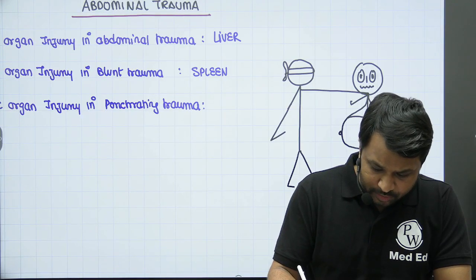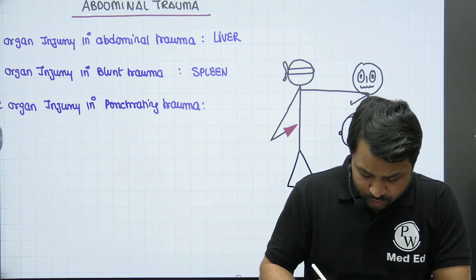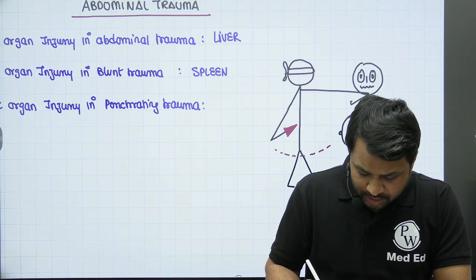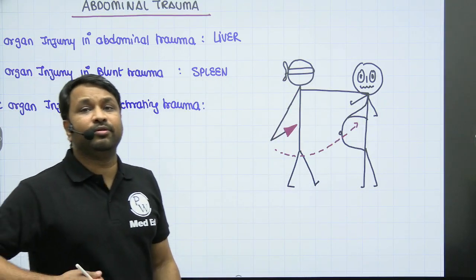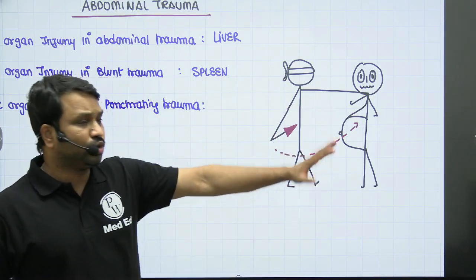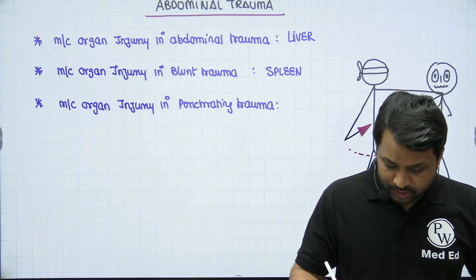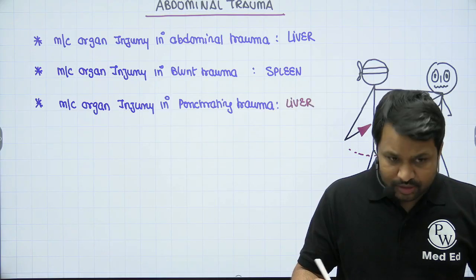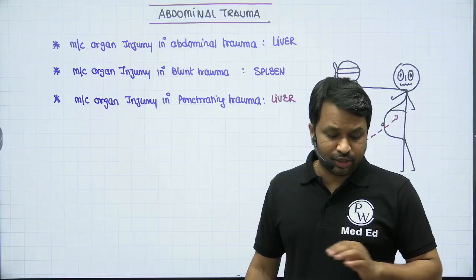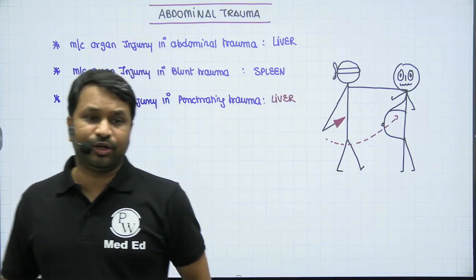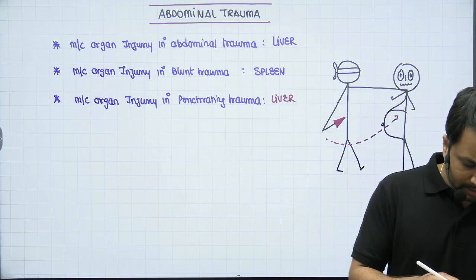This is the instrument of stab the person is going to have. Now when it is going to move, it will move in this particular fashion. It will try to go in the right upper abdomen. Now in the right upper abdomen, which organ is there? He's holding it and he's going to stab. Obviously in the right upper abdomen, you have liver. So the most common organ injury, if you're looking at a penetrating trauma abdomen, is going to be liver.